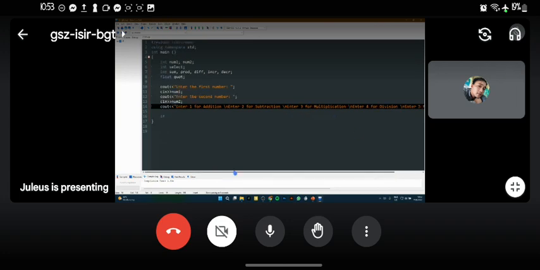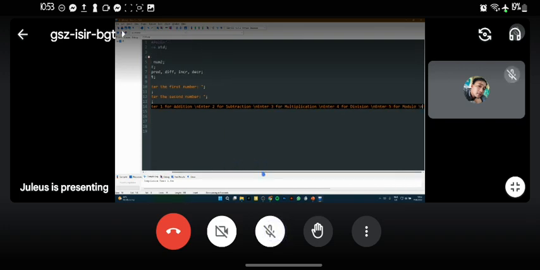Pwede po. Pero ako, I'm trying to save up line of code. But it's okay. Again, nag-gets naman yun, di ba? You can use endl or you can use backslash n. For the meantime, allow me to use backslash n. But again, you can use endl if you'd like to.